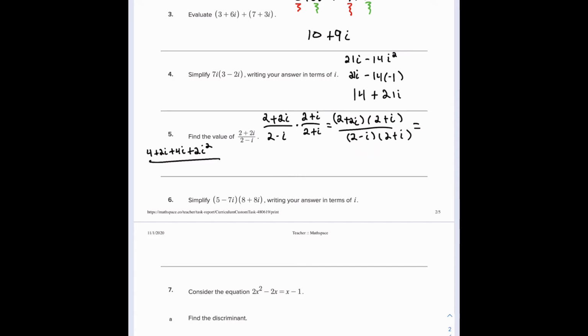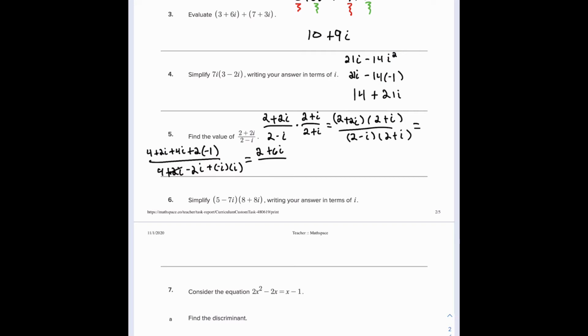So we have 2 times 2, 4. Then we have a plus 2i. And then next we'll have a minus 2i. And then finally we'll have a minus i times a positive i. Okay? And then we combine like terms. Note that this i squared really turns into negative 1. So we have negative 2 plus 4, that's 2, plus 6i all over